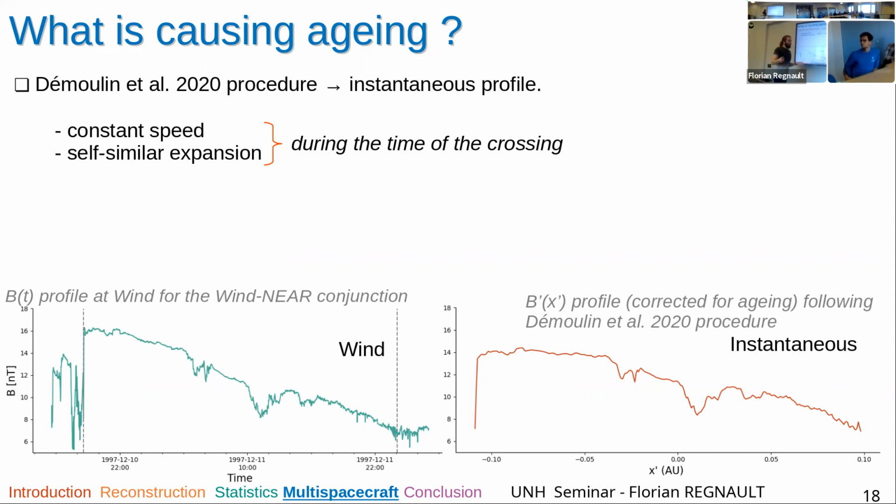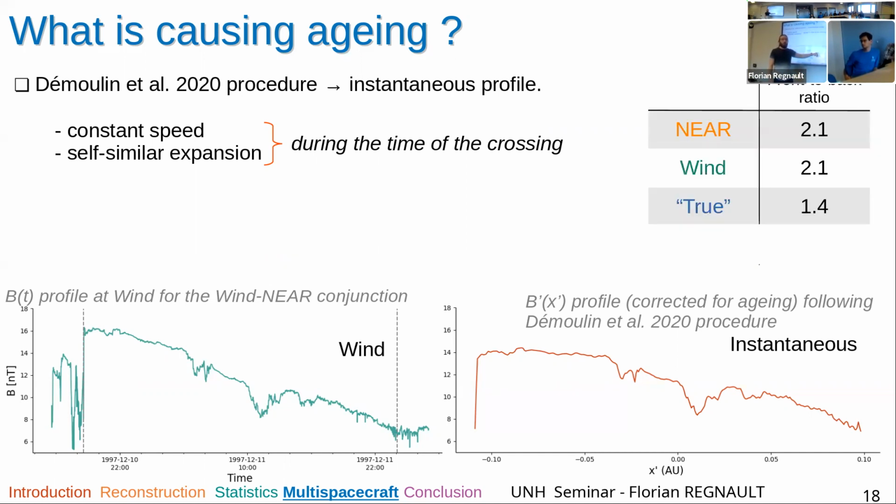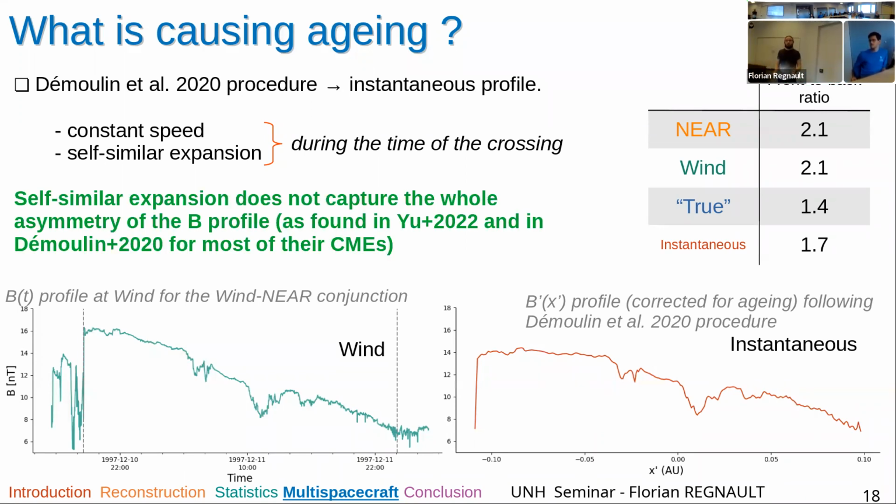And hopefully, in an ideal world, if that was completely true, then we should get 1.4 for the front-to-back ratio here, right? So as a reminder, we have a front-to-back ratio of 2.1, and we find that it's 1.7. So we still correct for some asymmetry. From 2.1, we're now down to 1.7. However, it tells us that the self-similar expansion, which is also widely used because it's in some way easy to use, since a lot of analytical formulas have been developed using self-similar expansion,